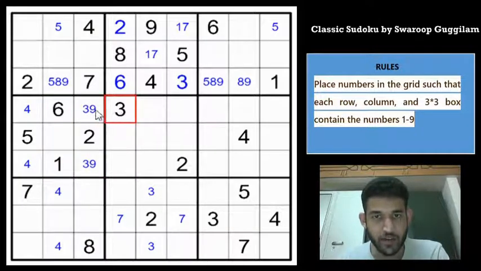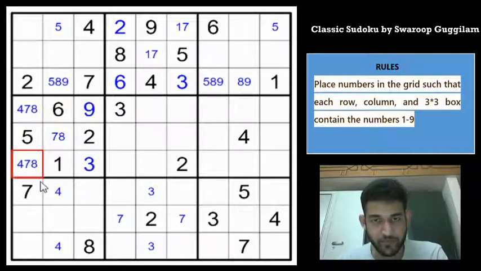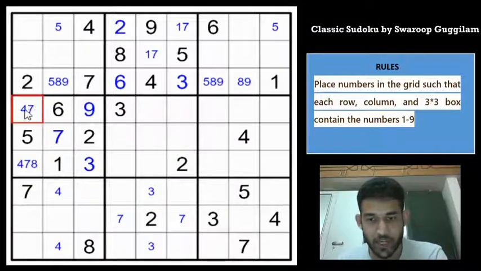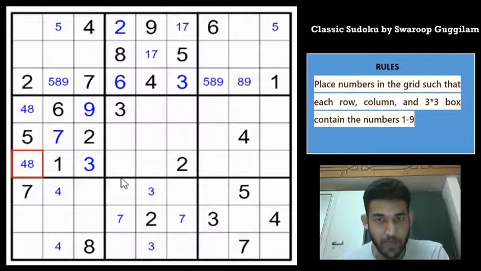So 3 is here, which means that we can resolve this 3 and 9 immediately. And the remaining digits we can candidate 4, 7 and 8, right? But 7 is in column 1, which means that this will be a 7 and these two cells must be 4 and 8. Great. So far, very good.